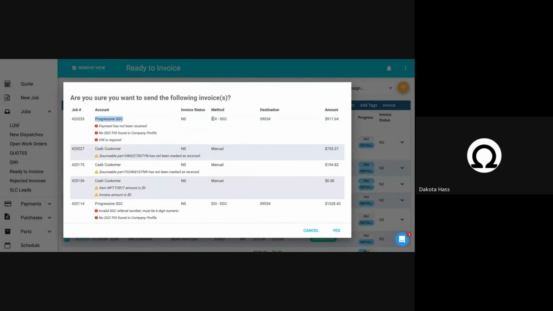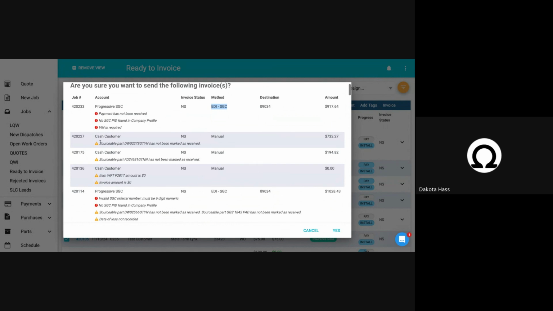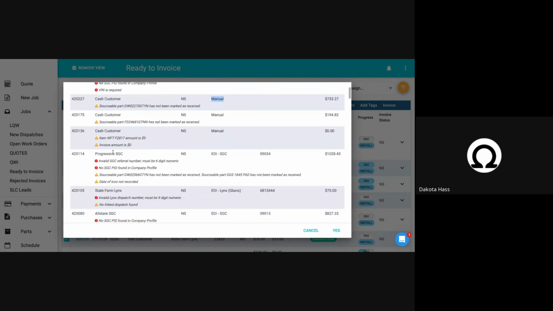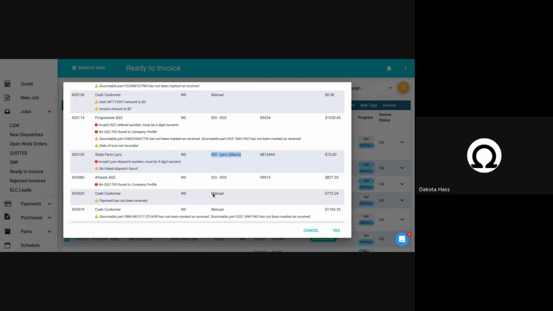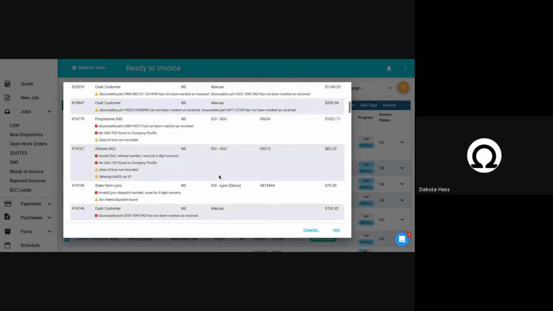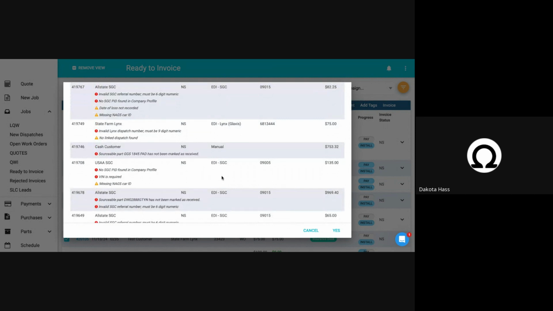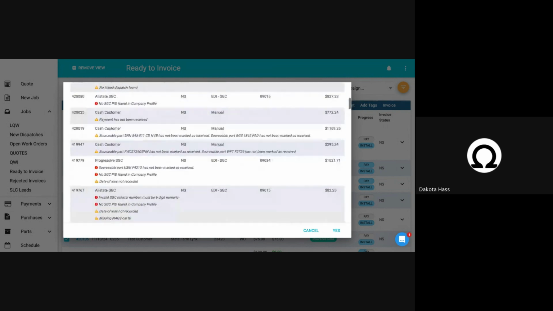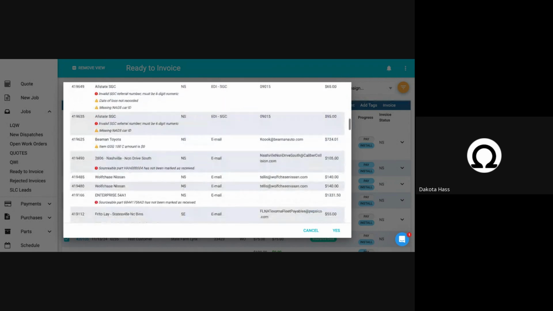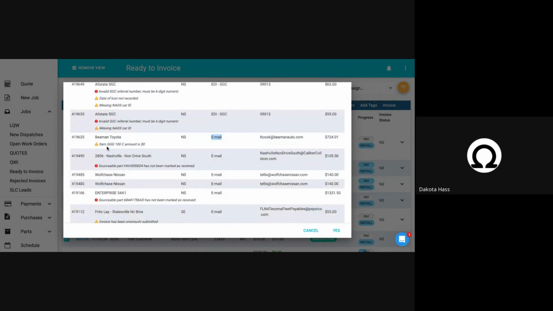This is Progressive. That'll go to SafeLight for EDI. My cash customers have already got a receipt email sent to them when the appointment was marked completed by the technician, so I don't need to send them a copy. That's okay. That is manual. This is SafeLight again. I could send an EDI, an electronic data interchange, for all of these insurance jobs. Also, I can send an email copy for my commercial jobs. So if it's a dealership, I go to email,